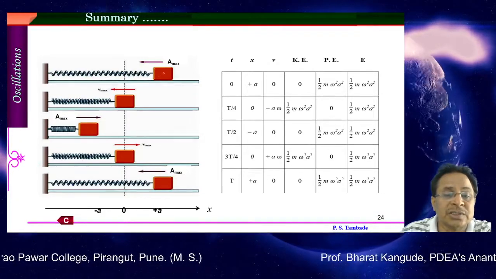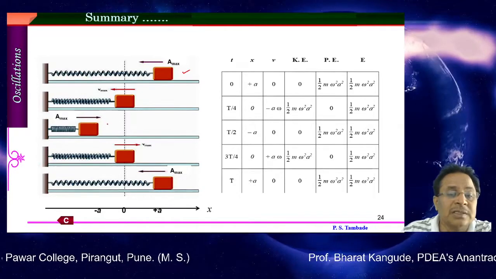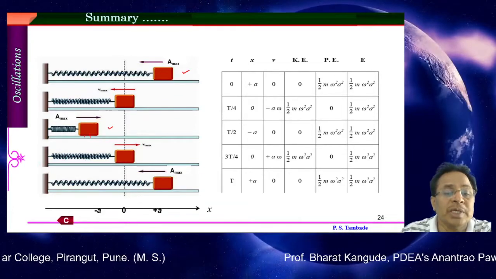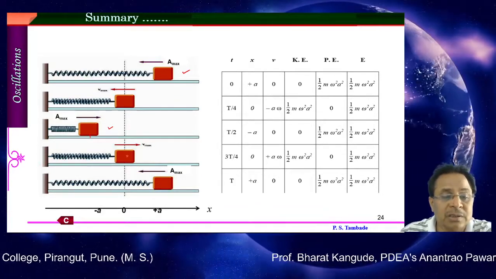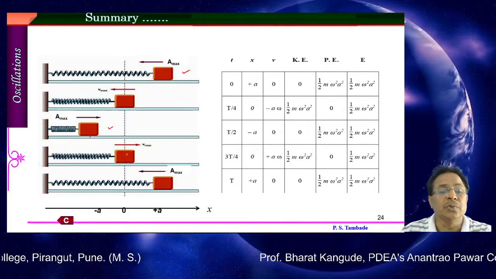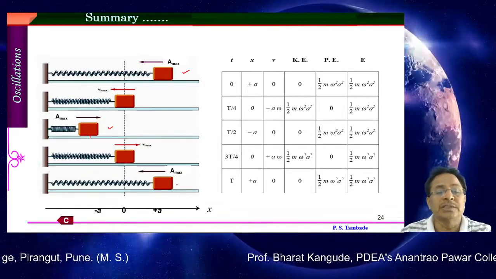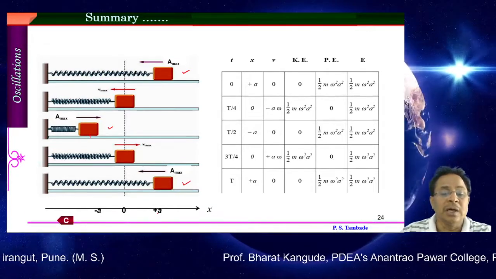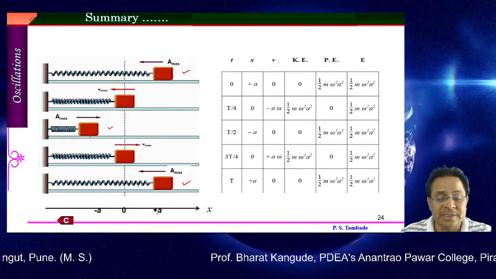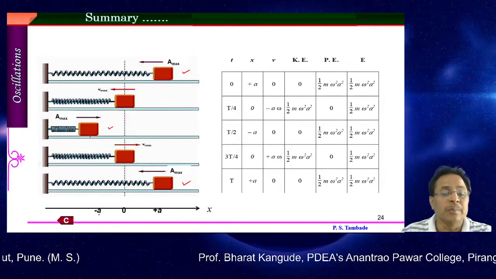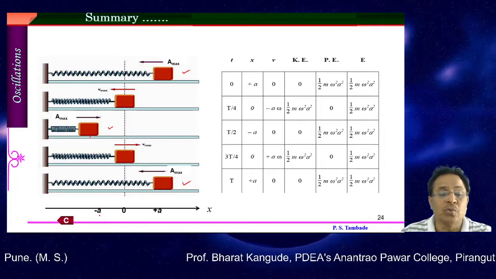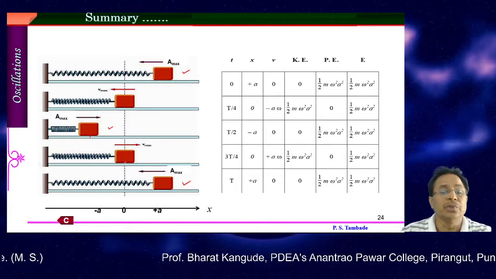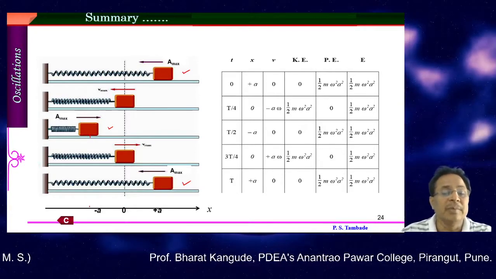So here the first one is extension, and the third one is compression, and this extension and compression are equal, going to be A max, A max. Again the oscillator reaches its mean position, and then it also goes to the extended position. So the first position and the last position are repeated. The amplitude given as A max is going to be A. On the left hand side, this amplitude is going to be minus A, that is A max is equal to minus A on the left hand side. On the left side of the position called the equilibrium position it is minus A, and on the right it is plus A, so plus A and minus A on both sides.